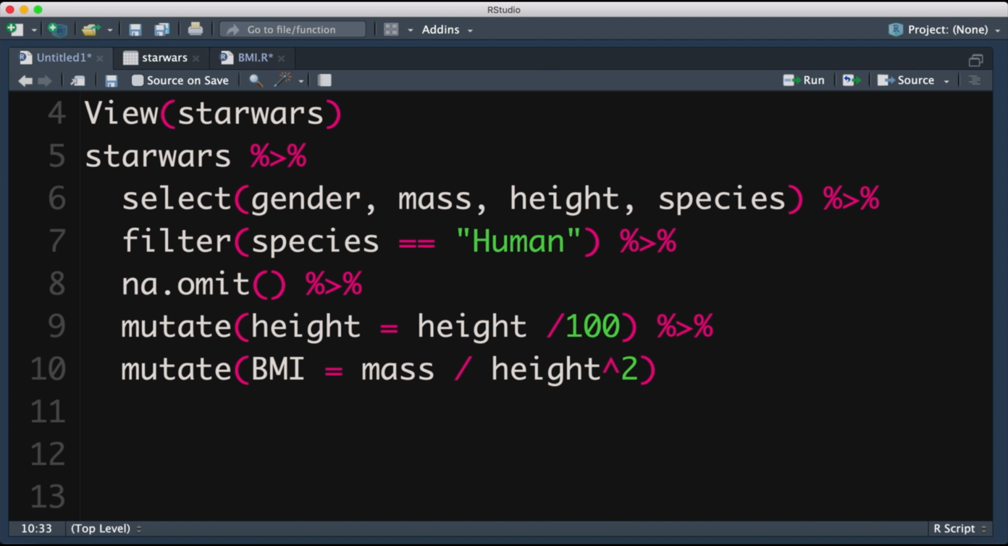Now finally, we want to ask the question, is there a difference in terms of the BMI between men and women, or males and females, in the Star Wars universe? And we're not going to do a statistical test. We're just going to basically find out within this population, are we seeing a difference, right? So to do that, there's two things we need to do. Firstly, we want to group by gender,